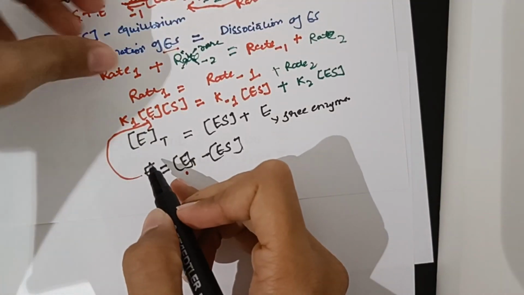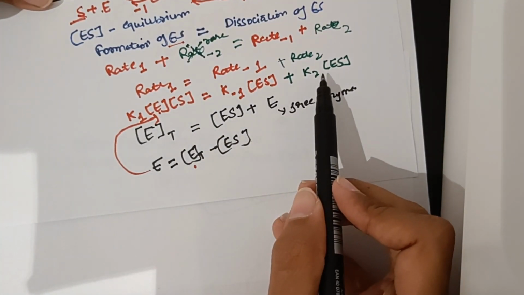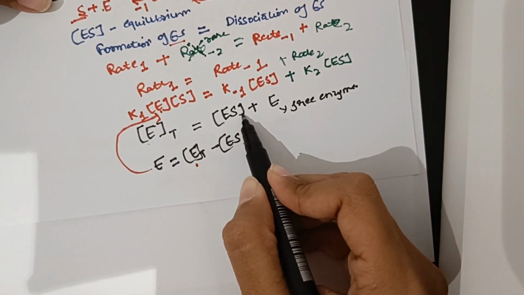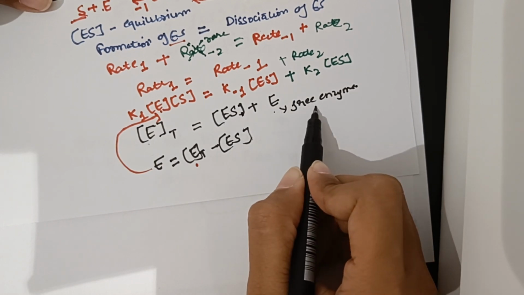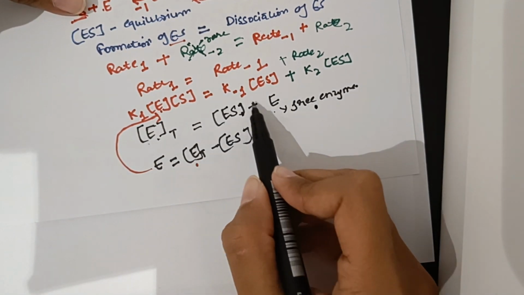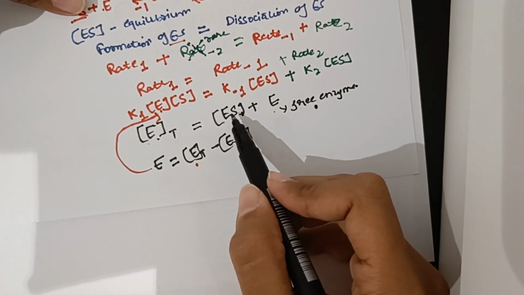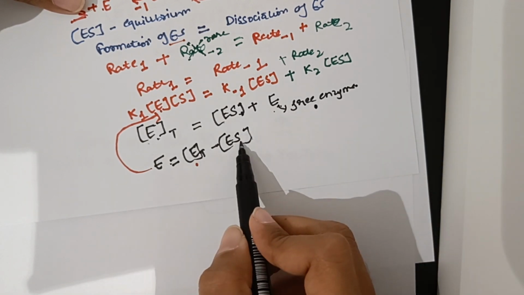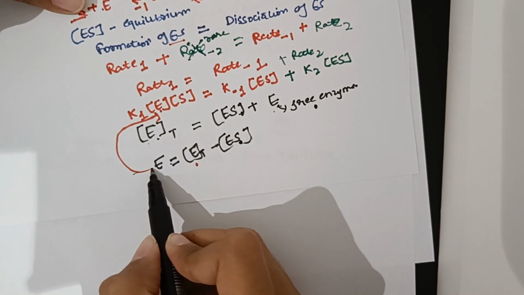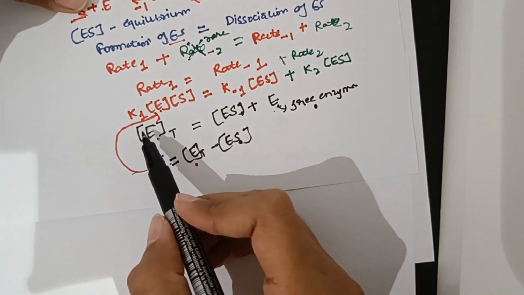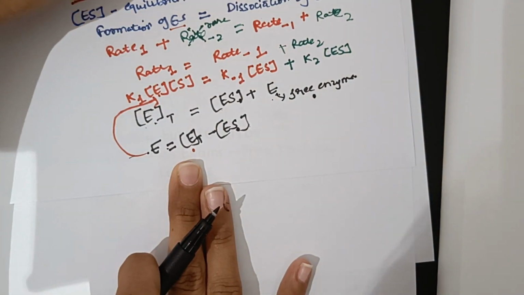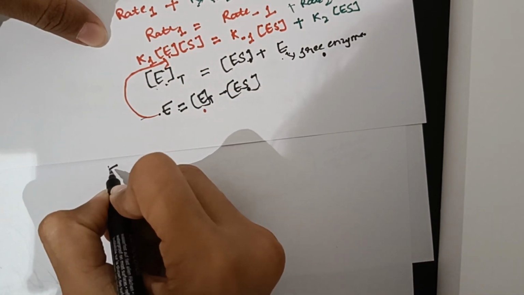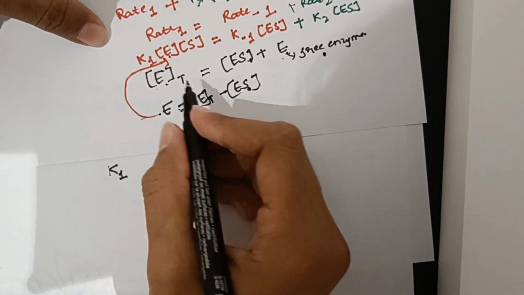Okay. So now what we have is, as I told you, this one, and then the total enzyme. What is total enzyme? It's the enzyme that is bound to the substrate plus the free enzyme, right? Because the enzyme can occur either in the free enzyme form or in the enzyme substrate complex. So what we can calculate, simplify, is the free enzyme, and the equation we get is this one. And now we can put this equation here in the K1, and what we get is K1, I hope you can follow it, K1 is equal to,